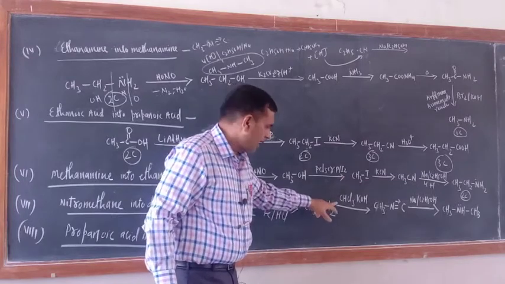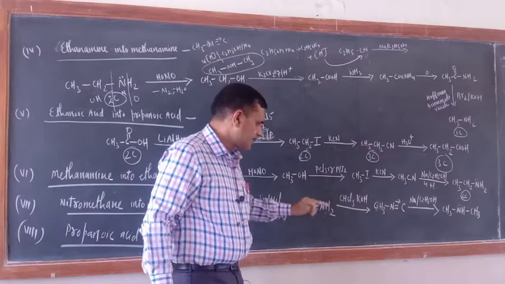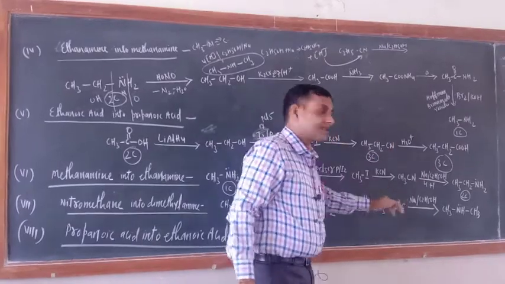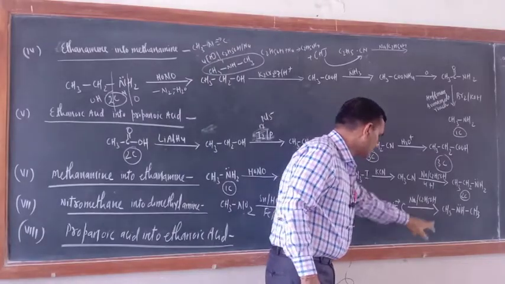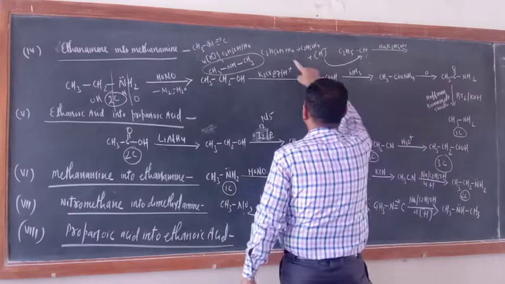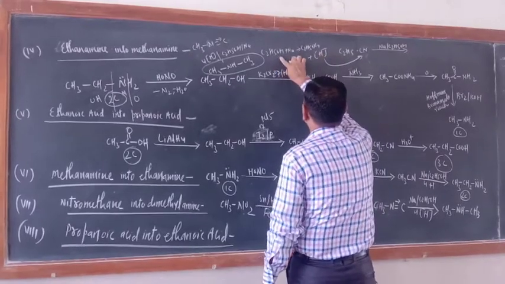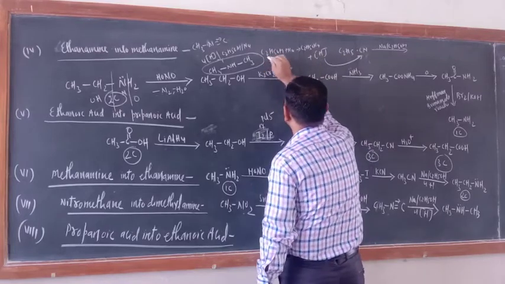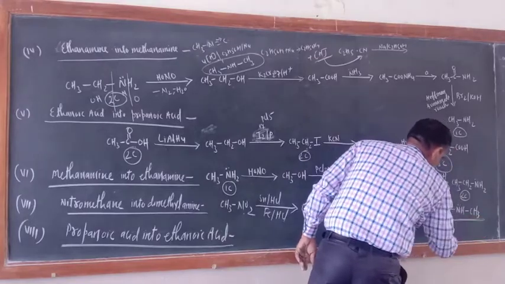Okay, reduction. Now see, if this NH2 is subjected to carbylamine reaction, then isocyanide will be formed. Now subject it to isocyanide reduction with Na/C2H5OH. So 4H is required. How will 4H come? In this way only. Just see, increase the number of carbon atoms. One molecule of C2H5OH and Na produces 1 hydrogen, so increase here 2, 3, 4. So here the number of hydrogen atoms you will get, and this is dimethylamine. You have got this one.